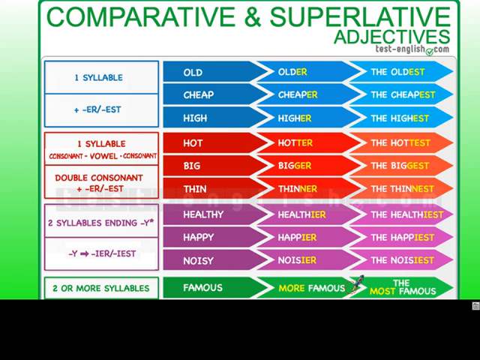So instead of adding an ER to the word famous, which is not workable, I should keep the word famous as it is, but I should add the word more before the adjective famous in order to get the comparative form of the adjective famous. Now, in order to get the superlative form of the adjective famous, I should also keep the word famous as it is, but I should write most before famous in order to get the most famous as a superlative form